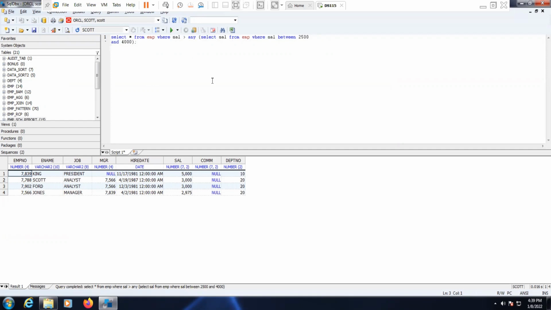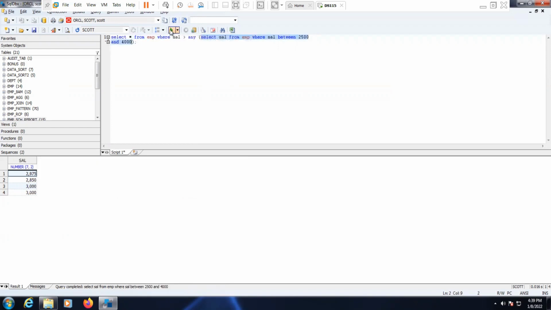$2,500 greater than 4,000. So here these are the values that are greater than this value. In the subquery we received multiple values, and the condition is any value greater than these. Here it started with what is the maximum? 3000 something is there, right? So we received 4 records here.